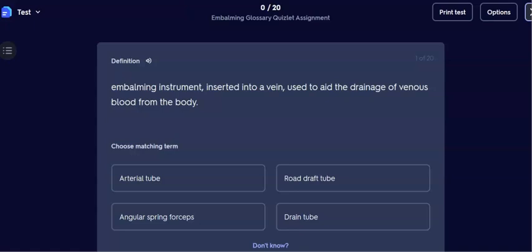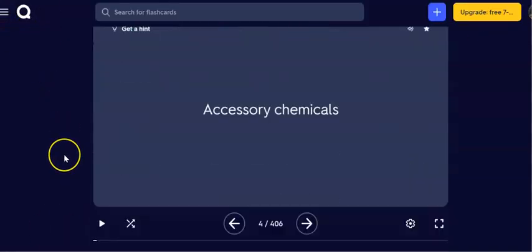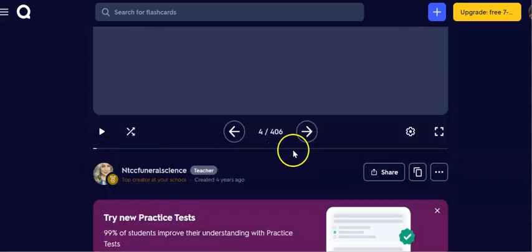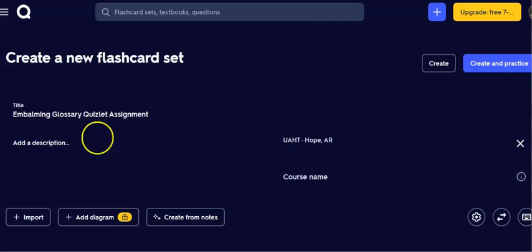So let's say we've finished up, we've passed with 80%, we've completed everything in Blackboard. But what if we need these flashcards down the road and you don't have access now to the link in Blackboard? What you're going to do is once you finish up, and mind you, this is after you've completed the assignment in the class, we're going to go over here and click Save and Edit. And what this does is allows you to copy this entire set of 504 terms to your own Quizlet account. So when you hit this Create button,